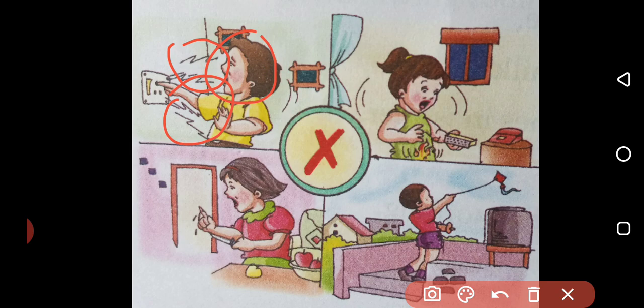Next, you see, do not play with fire. So what is the girl doing? Here in the picture, I think there is no such picture. Yes, here is the picture. You can see the girl is lighting a match. The girl is holding a matchstick and rubbing it on the